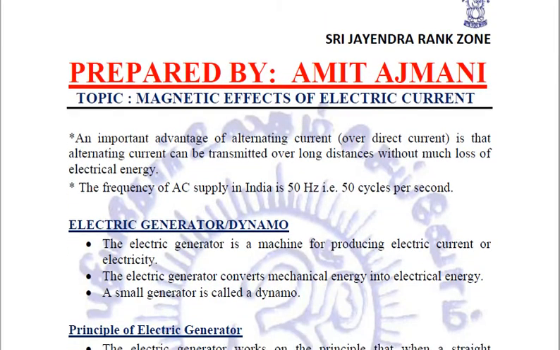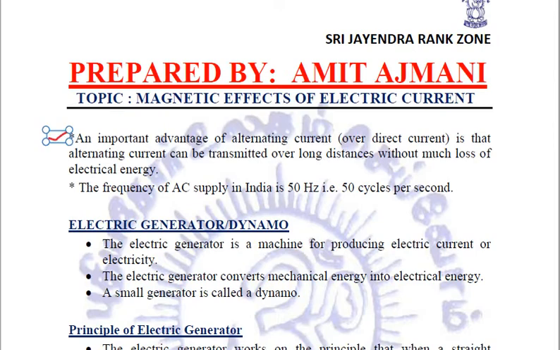Now, very important, there are a few differences between alternating and direct current. Two we have already seen and observed. First, direct current is only in one direction, whereas alternating current is in two directions, alternately changing the direction. Direct current, graphically, is a straight line, whereas alternating current graphically is a wave motion. And when it comes to transmission of current, we use alternating current.